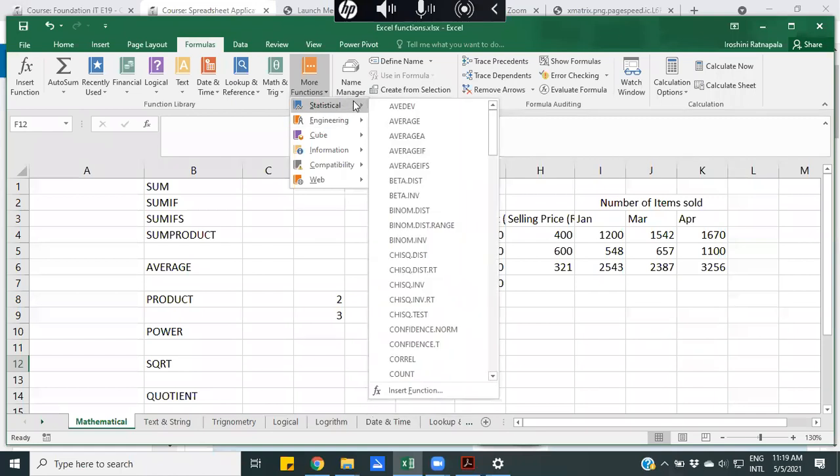If they want to do data analysis, they can use the statistical functions. The functions are the most important part of Excel, right? And especially in engineering, science and research, why are we using Excel? Because of its easiness, and the quite large number of functions available to do the calculations.